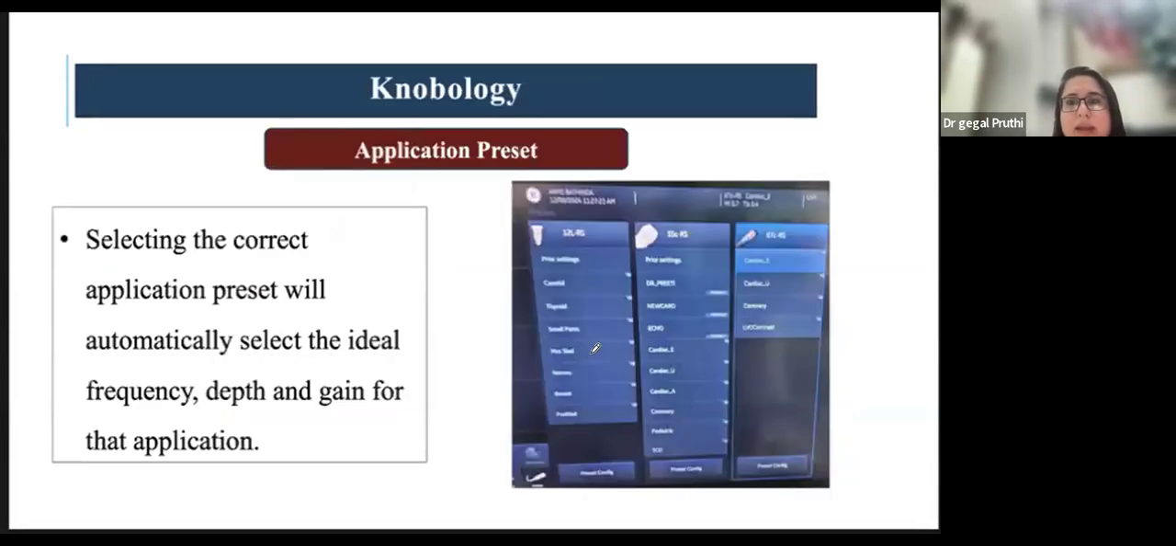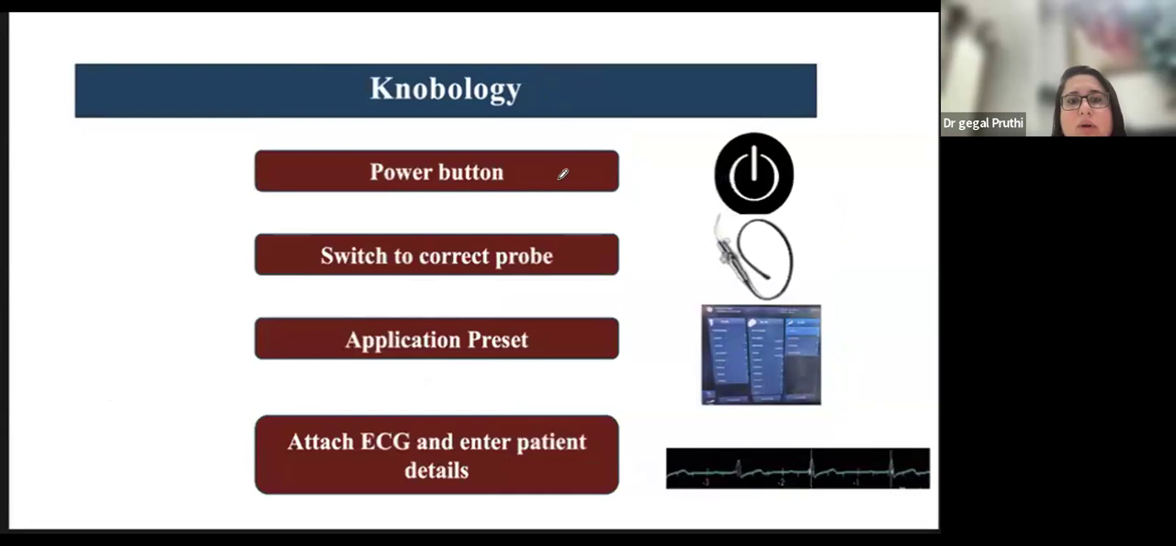So after you have selected the correct probe, now you have to choose the correct application preset. Each transducer has a different list of application presets based on frequency and footprint that will automatically select the ideal frequency, depth and gain for that application. It is similar to selecting your day mode and night mode on your phone camera. So after you have turned the power button on, switched to the correct probe, and chosen the application preset, it is very important to attach the ECG and enter the patient details, because it will help in the